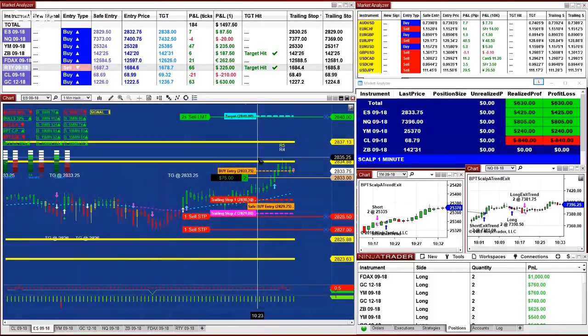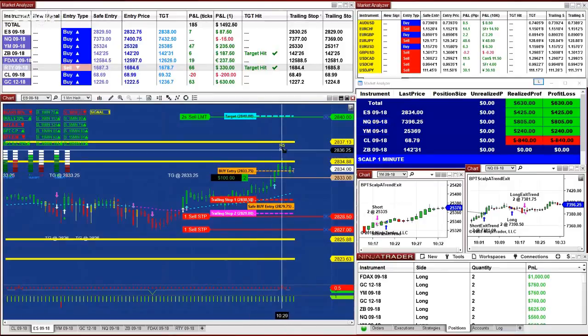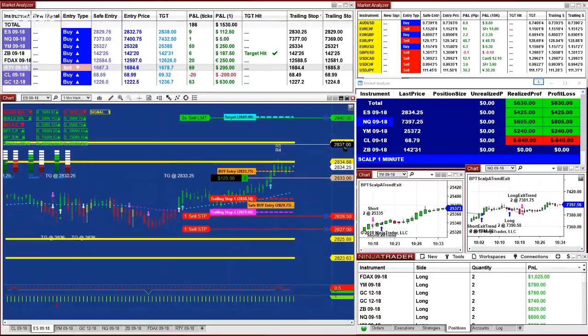Let's look at the ES. We have a couple of reversals. Oh yeah, we need to cover the reversal today. What are those two yellow lines we have here? Those two yellow lines,